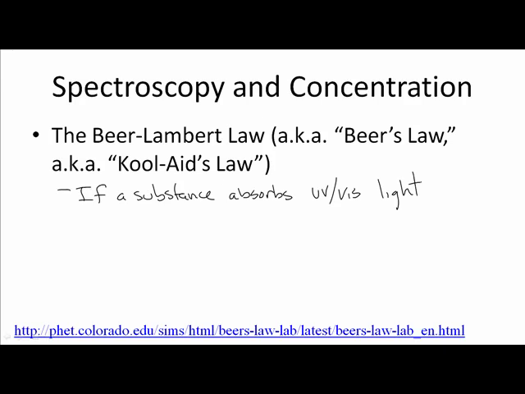If a substance that absorbs UV visible light is dissolved in a solvent, and in this class we're exclusively going to use H2O,